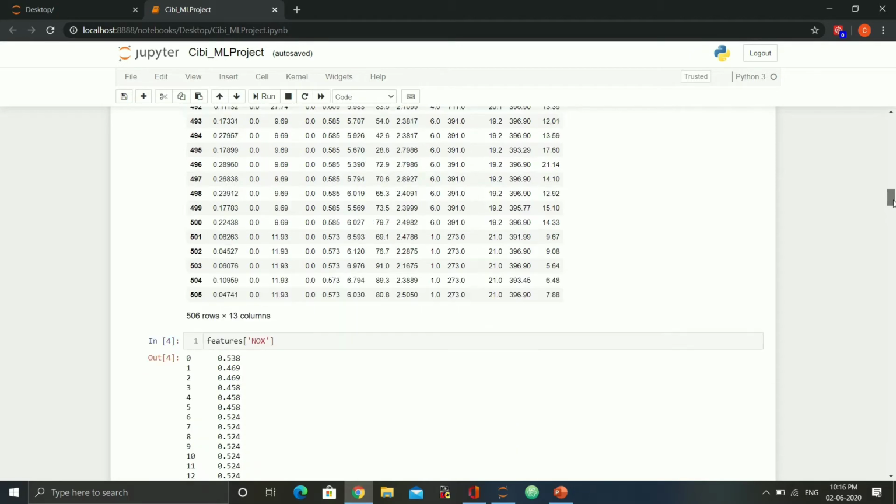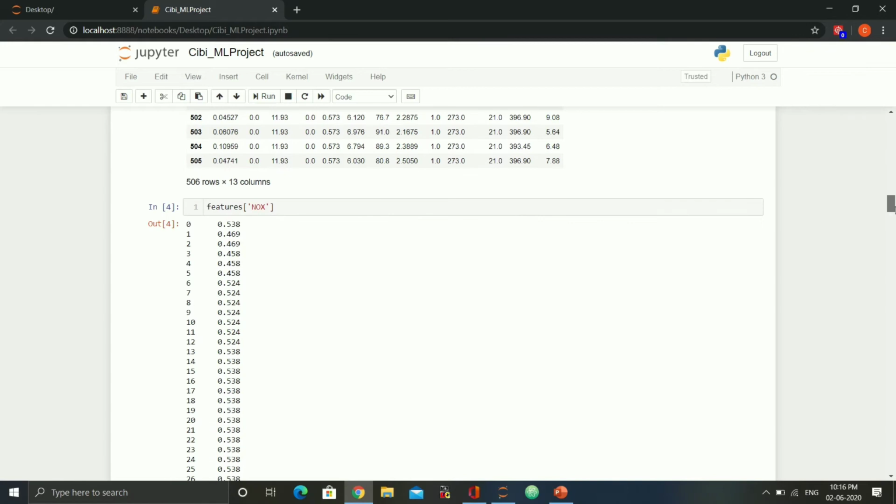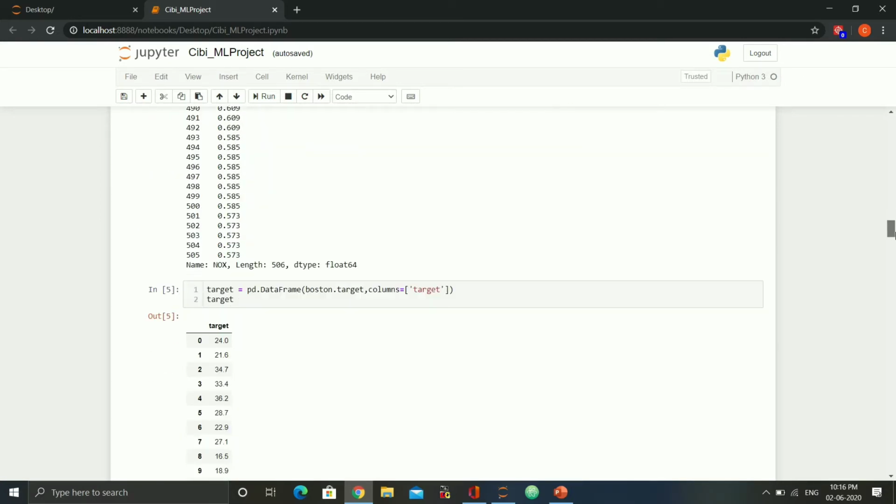When we need to print a particular column, we can use features of. Say for example, NOX represents the nitric oxide levels, and when we print features of NOX, we get this. Next, we assign the target, which is the price to be predicted, using the DataFrame object in the Pandas library.